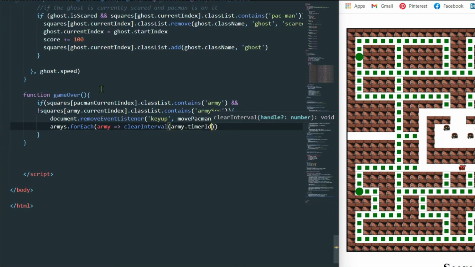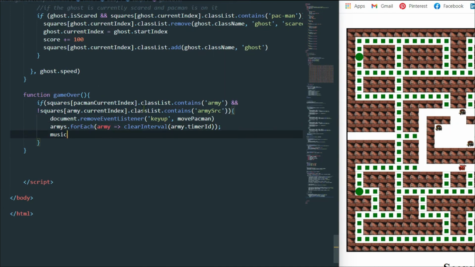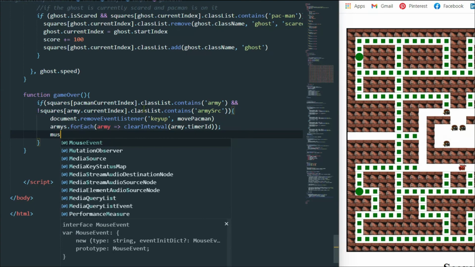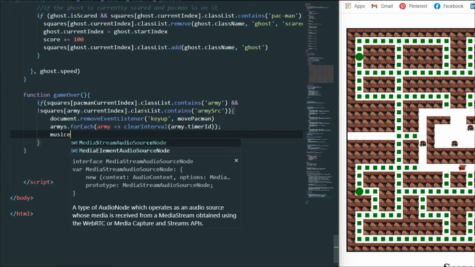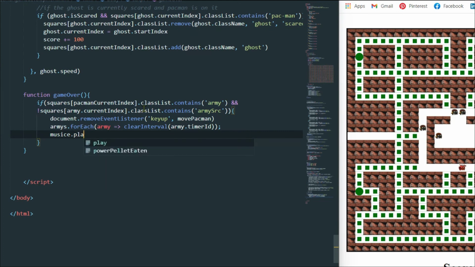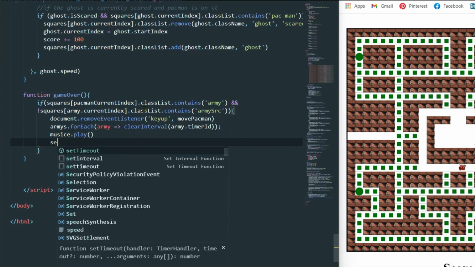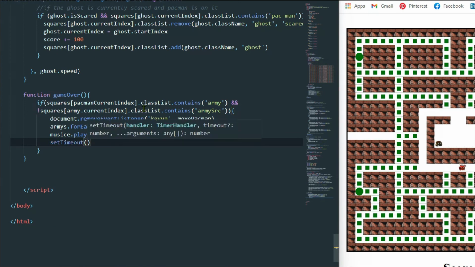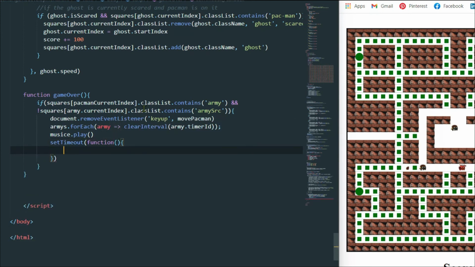What I have to do is clear the army dot timer id. So this is the function I want to stop, and if you want, you can play music. It's totally up to you. Music dot play. I want to play music,